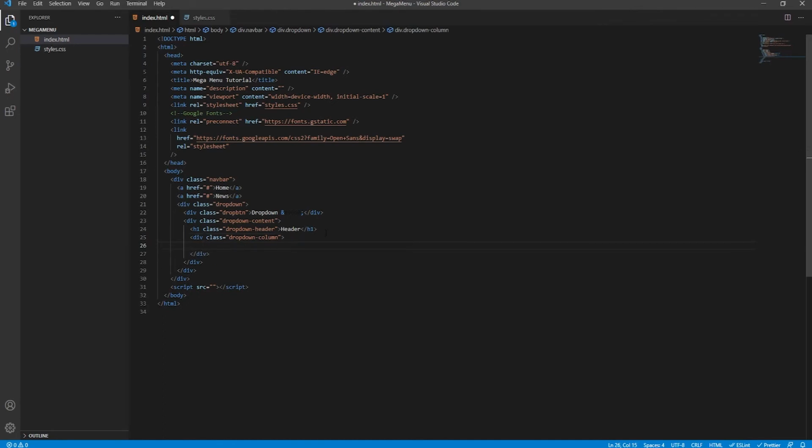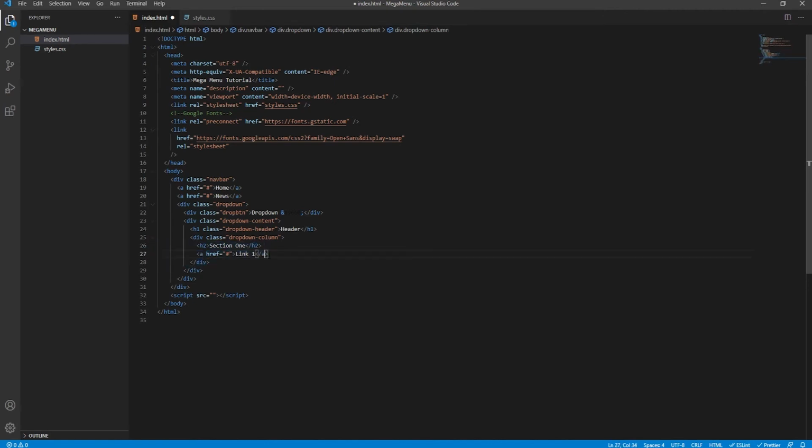Inside we'll say, well, this will be the first column. We need 3 in total, well, in this example anyway. So, sorry, section 1. We'll call that. We'll give it an h2 tag, section 1, and then we'll create an a tag. We'll set it to nowhere, and then link 1,